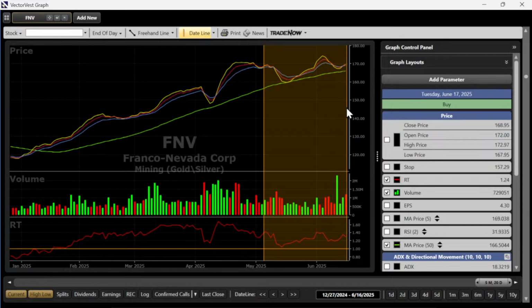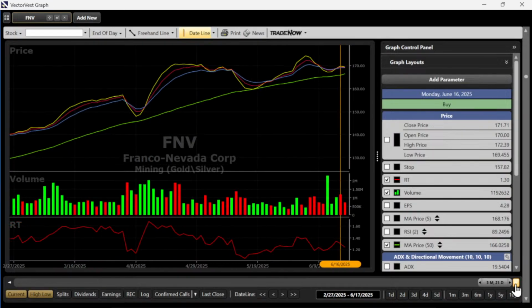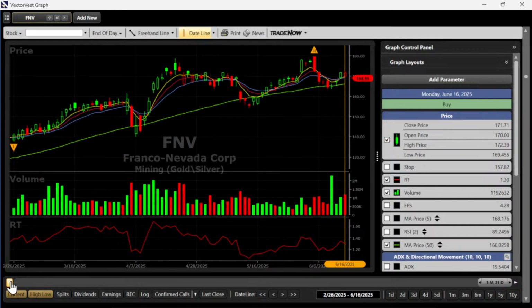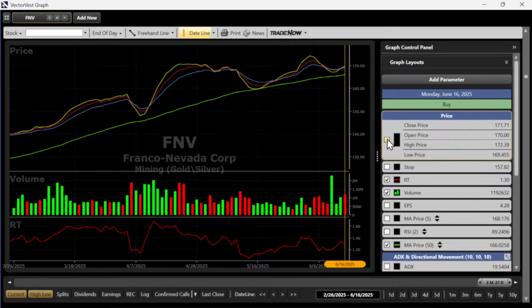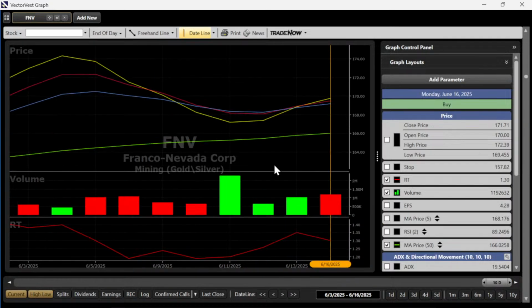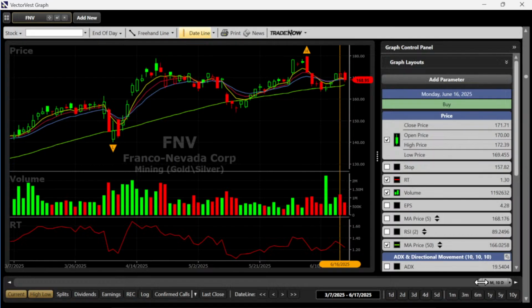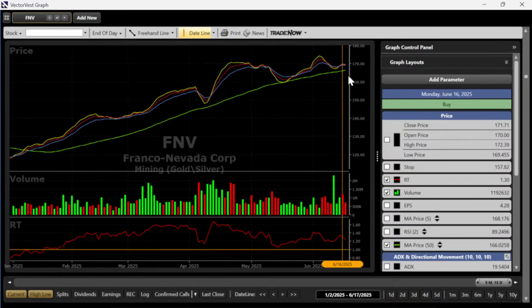Man, I see the squeeze. Do we have the separation yet? I would give this actually one more day. Let's see what it did today. It actually went down today, so it didn't even follow through. If you were looking at this as of yesterday's close, you could have argued to yourself that you had the separation between the three EMAs because it's close. It's not where I want it to be, but regardless, you didn't get follow through today, so you wouldn't have taken a trade. So now this is no longer really a setup, is it? Because you don't have, as of the hard right edge, the release, the separation of the three EMAs.